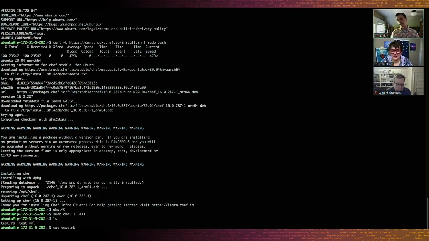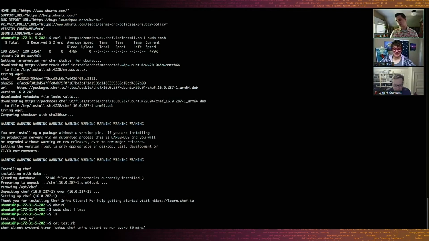Well, that's cool. So I could just use Chef Apply because I don't actually have this checked into anything, but that really just lets you run a single recipe, and that's a really fun way to test stuff out. So I can run this. It should just apply in a second.